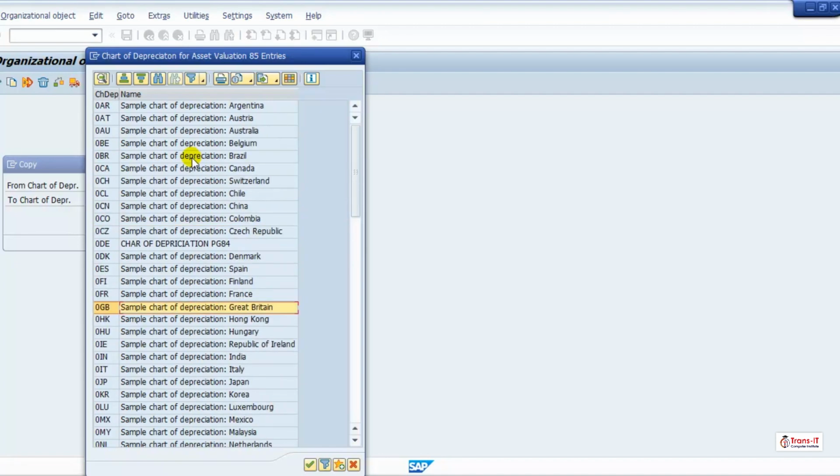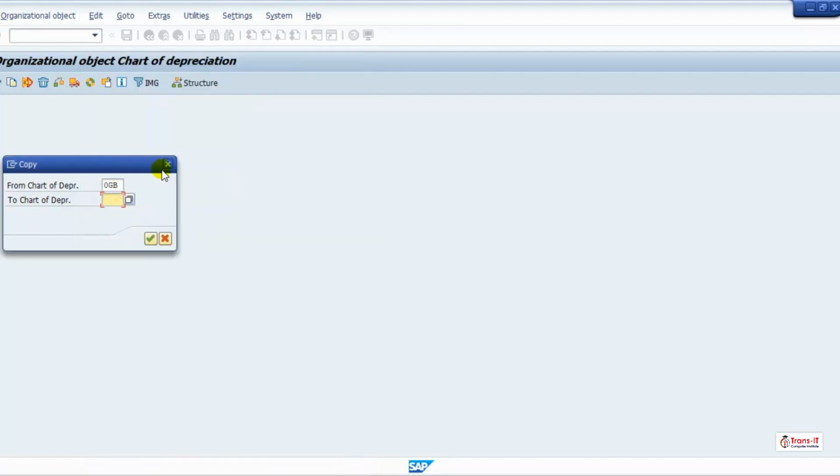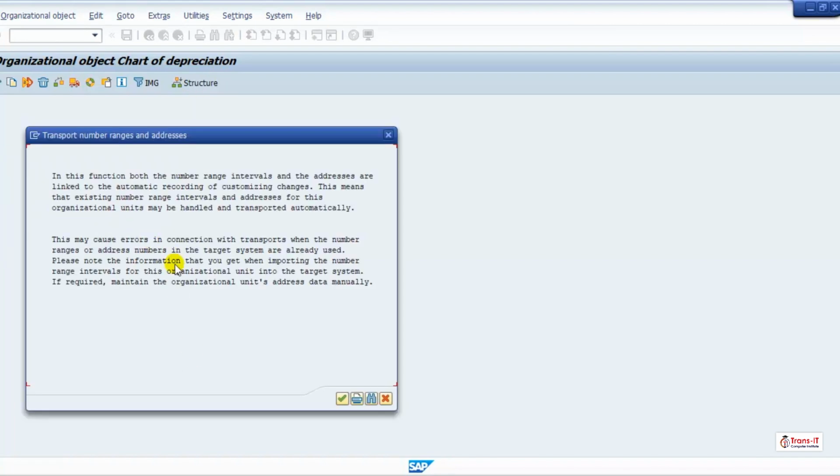Our chart of depreciation is 0GB. Double click on it and now we will assign our chart of depreciation ZTR1, and then click on the continue button.